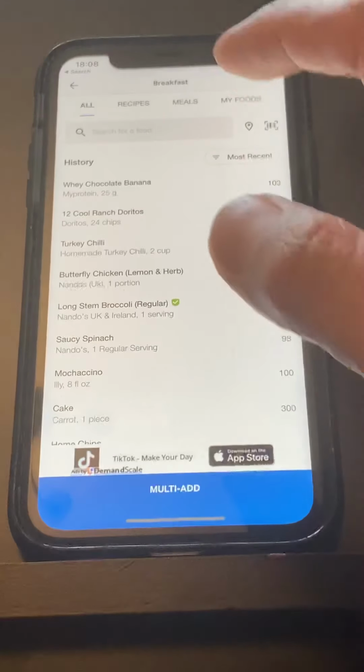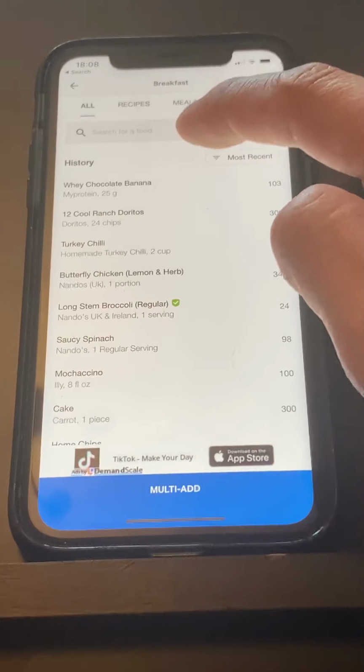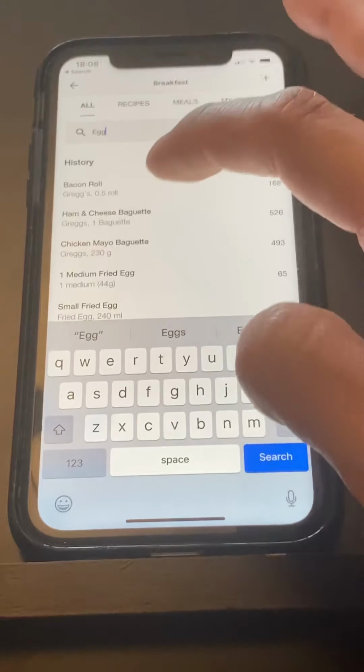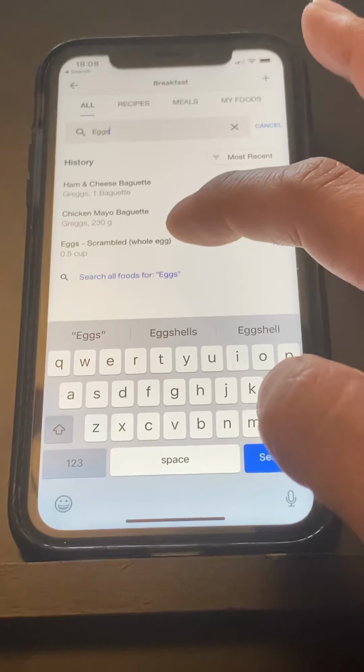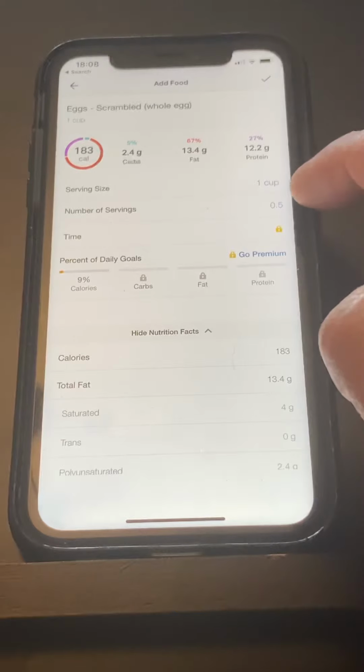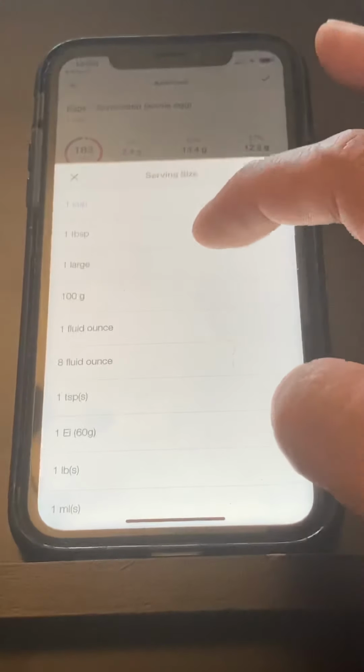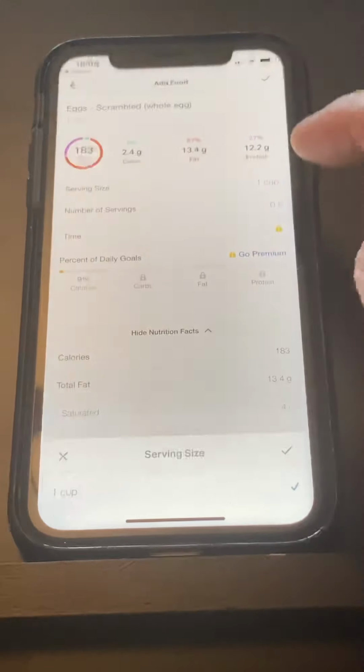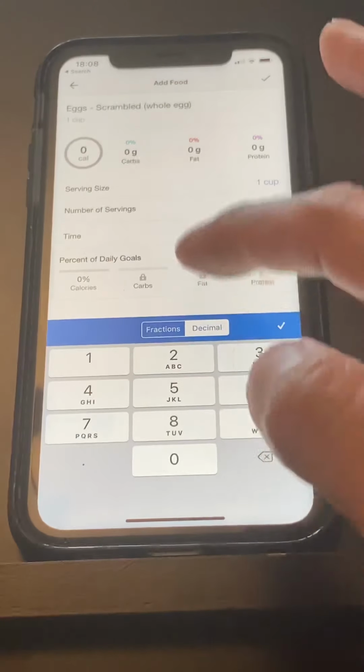So let's say breakfast, this is where you're going to be entering your food. Let's say I go eggs, and I go scrambled whole eggs. And then this is kind of the main thing you want to be aware of: serving size and number of servings. Okay, so this is what you want to be mindful of, because you can say serving size, there's all these different options, and you can say how many and add that in there. Okay,